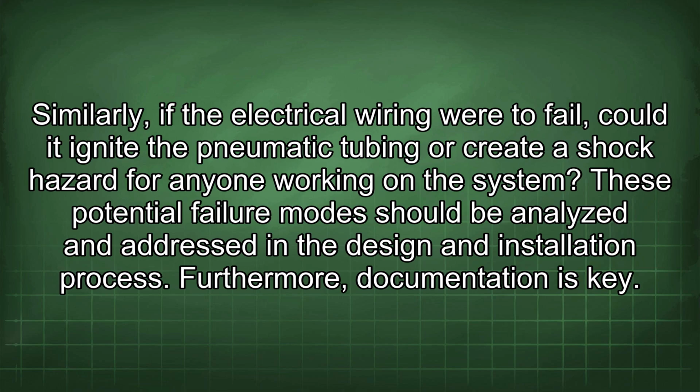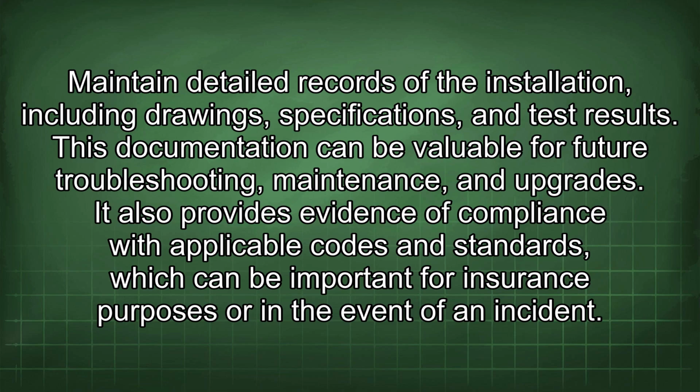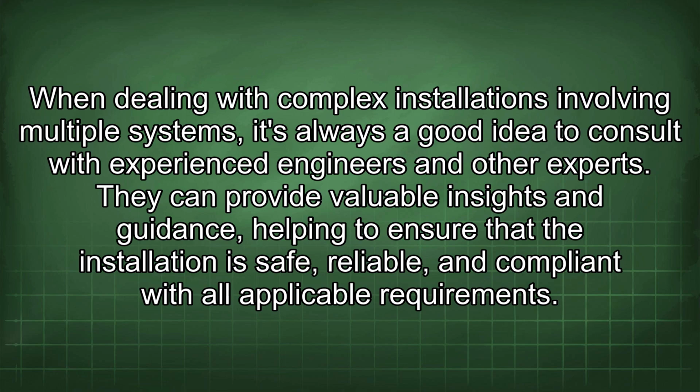Furthermore, documentation is key. Maintain detailed records of the installation, including drawings, specifications, and test results. This documentation can be valuable for future troubleshooting, maintenance, and upgrades. It also provides evidence of compliance with applicable codes and standards, which can be important for insurance purposes or in the event of an incident. When dealing with complex installations involving multiple systems, it's always a good idea to consult with experienced engineers and other experts. They can provide valuable insights and guidance, helping to ensure that the installation is safe, reliable, and compliant with